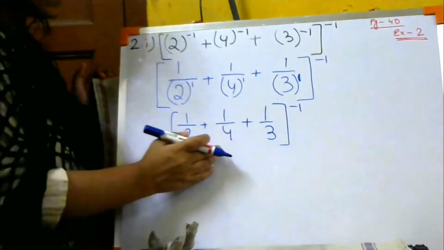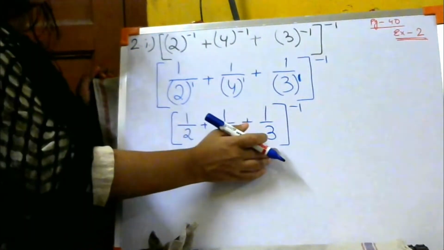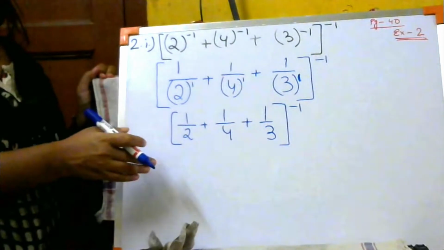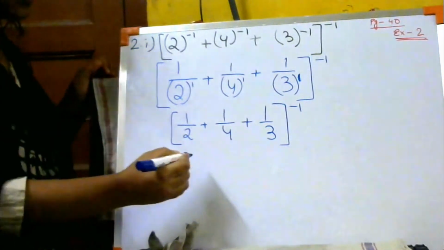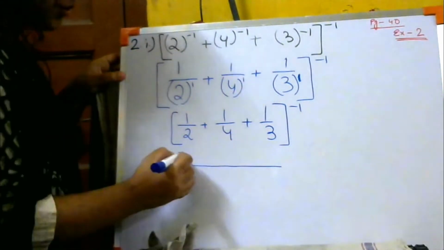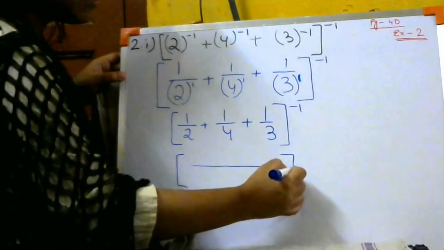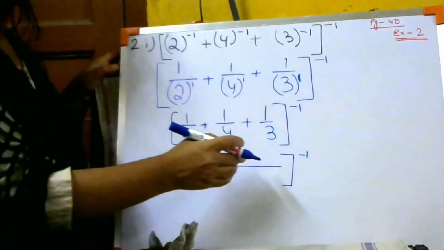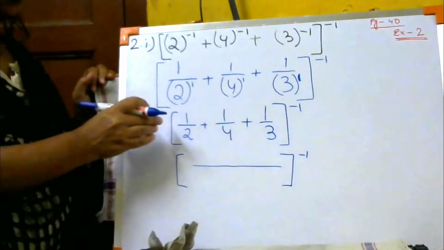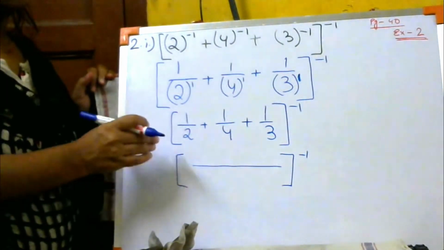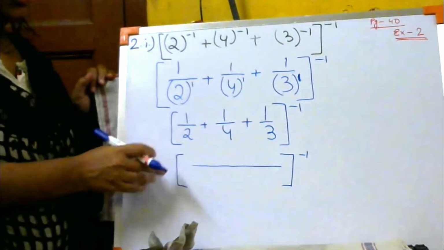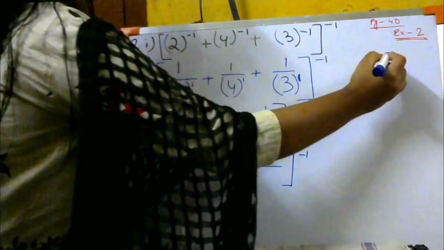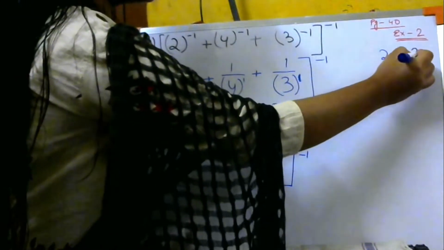So you're going to find the LCM first of 2, 4 and 3, and then you are going to just solve the fraction sums. So now let us see what is the LCM of 2, 4, 3. All this sum should be inside the bracket. We did not open the bracket yet. So you will not open the bracket in between. If you open it, then the sum is wrong. So let us find the LCM of 2, 4, 3. I hope you know how to find LCM now.